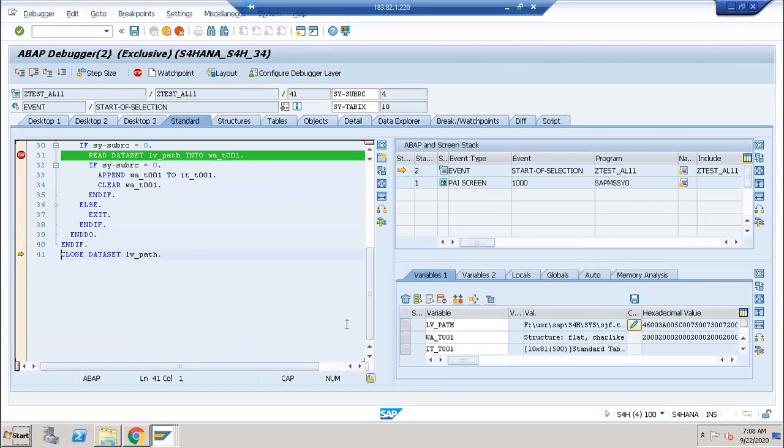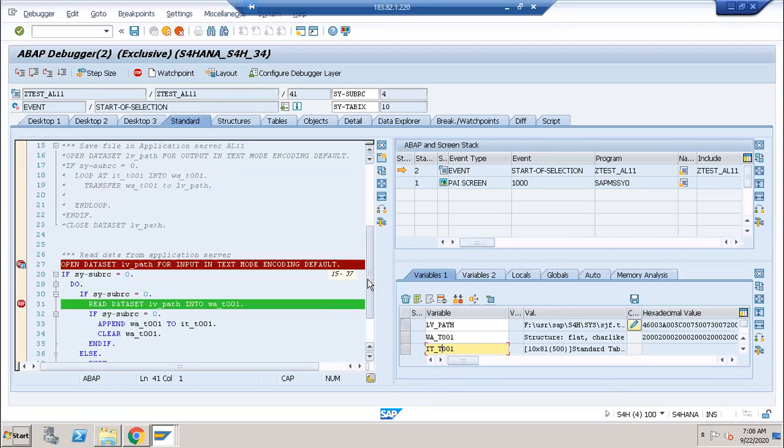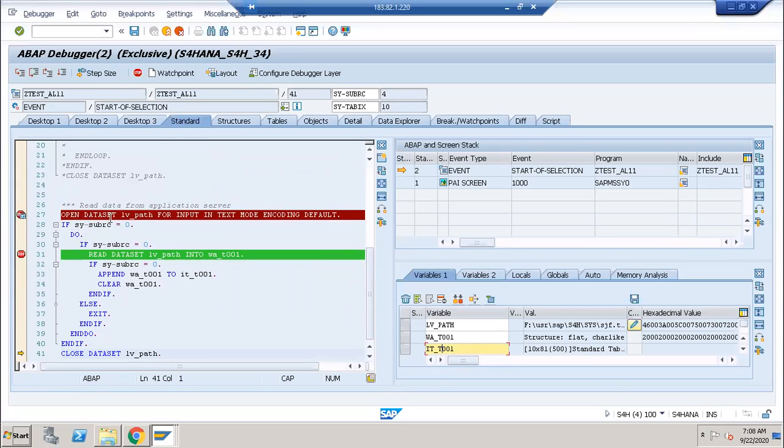Now close the data set. 10 records are coming in the internal table, right? So now we have to use this internal table. We were fetching some data from the Excel sheet, right? So we were giving the F4 help button, and after that I was converting the data by using text convert XLS to SAP. In place of that, we have to write this code. Open dataset lbn square, I mean the file path is this one, for input in text mode encoding default. This code we have to write to pick the data from the application server.